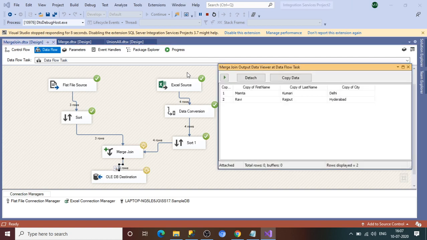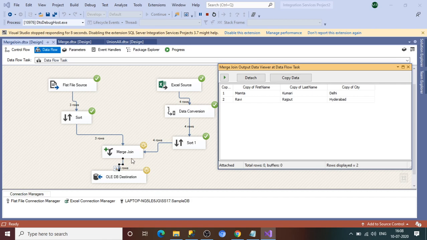So the main difference between merge and merge join is that both will merge the data from two input sets, but when we talk about the merge join, it will merge the data on the basis of condition, on the basis of matching keys between the two inputs. So if you see here, merge join, so only two records. Okay, in the excel sheet we have four records. If you see here, four records are flowing down from the excel to this merge join, but in the merge join it has checked the matching key. Okay, so total we had 7 rows, but out of 7 rows we got only two records which are available in both sides. Okay, on the left hand side, on the right hand side.